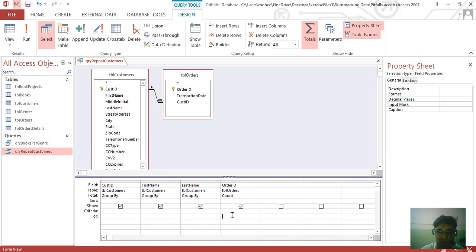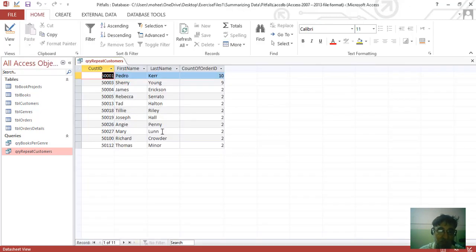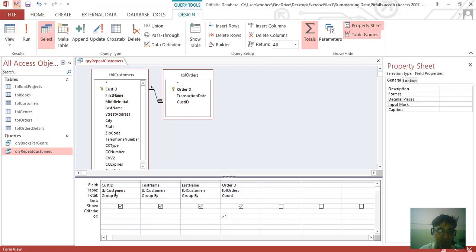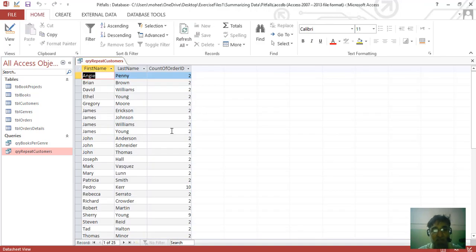So the point is that selecting different fields from the same tables can display different data. So be careful with this. For example, the customer ID field here is making a difference, and that is because of the duplicate names, the names that are appearing time and again. For example, James appears one time, second time, third time, fourth time.